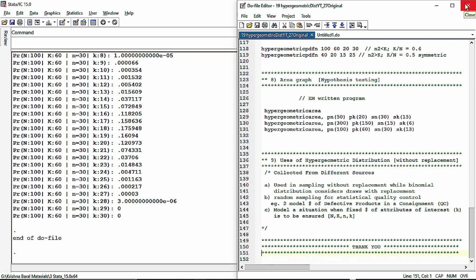Now let us see some of the usage of the hypergeometric distribution. The hypergeometric distribution is useful in case of sampling without replacement, while the binomial distribution considers draws with replacement. This is the difference between the binomial and the hypergeometric distribution. Similarly, if we want to model the number of defective products in a consignment, we use the hypergeometric distribution, and this is what we mean by random sampling. For statistical quality control, we use the hypergeometric distribution, and in a situation where we want to ensure certain properties are included in a sample drawn from the population, then we use the hypergeometric